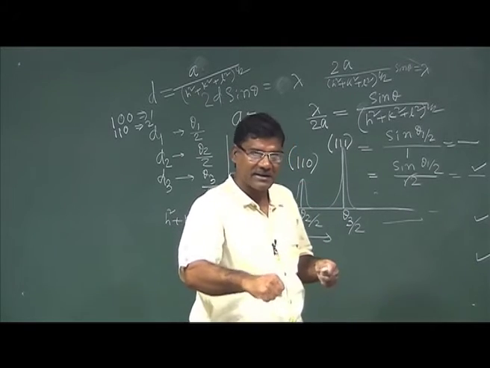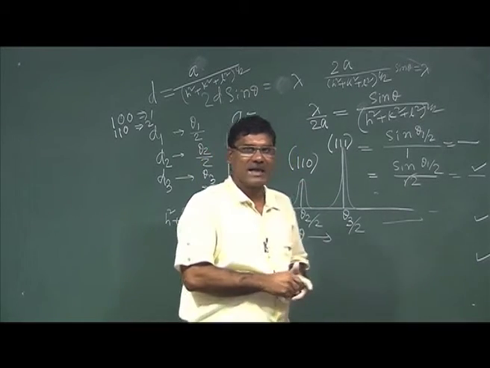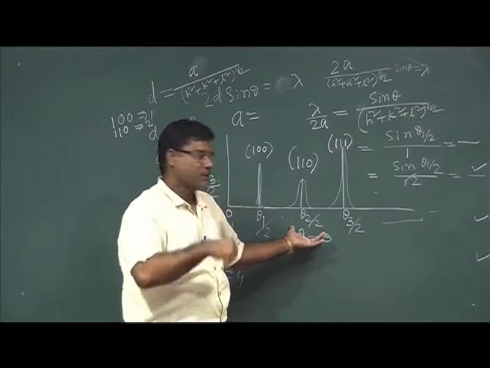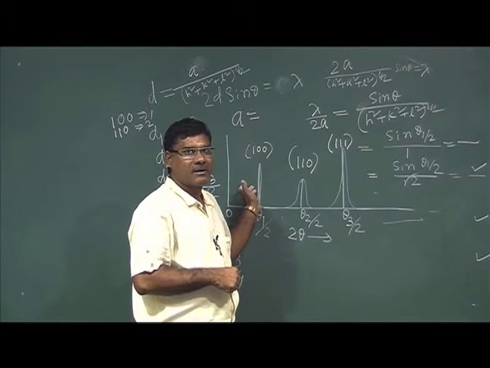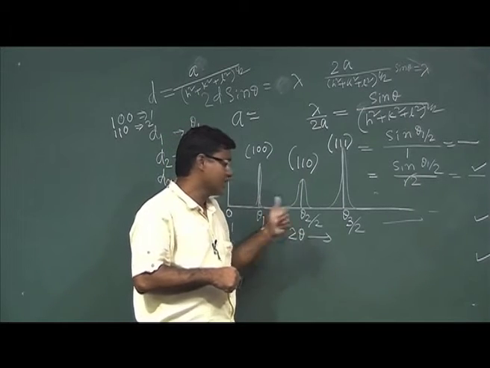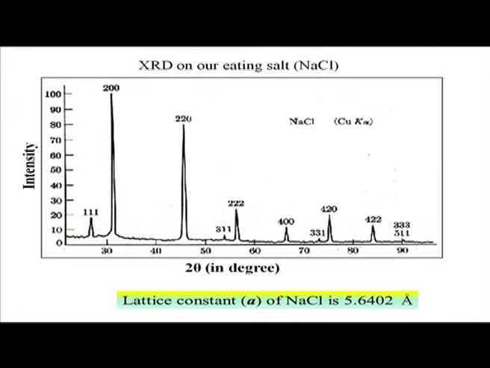Now using the detector, we scanned as a function of theta, varying the theta. The detector noted down the intensity as a function of angle. So that's the experimental result, and using the copper K alpha, lambda is fixed. What is lambda? 1.54 angstrom, right. So we are getting these different peaks, okay.